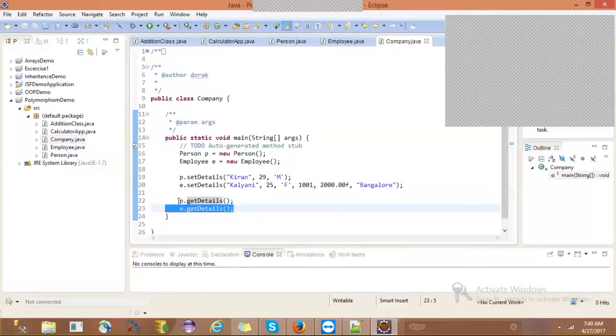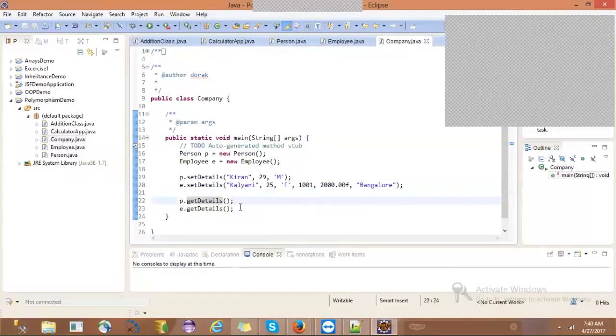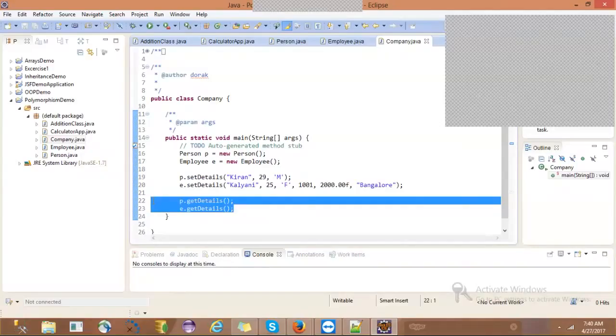Even the JVM, during compilation itself, binds the method definitions for overloaded method invocations. But for overriding method calls, the binding does not happen at compile time by the JVM. The JVM binds the method definitions for overriding methods at runtime, based on this object reference.